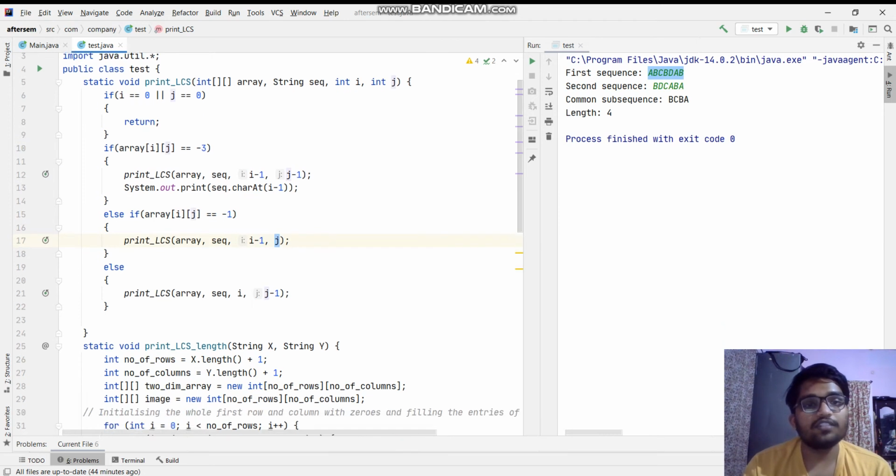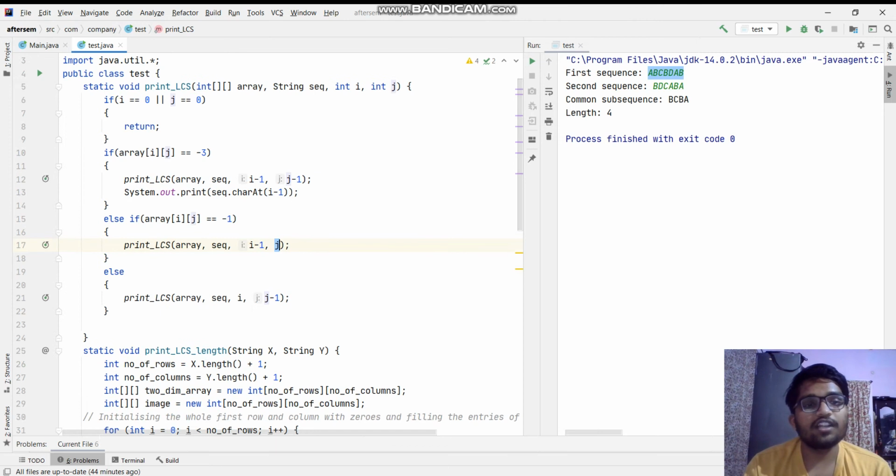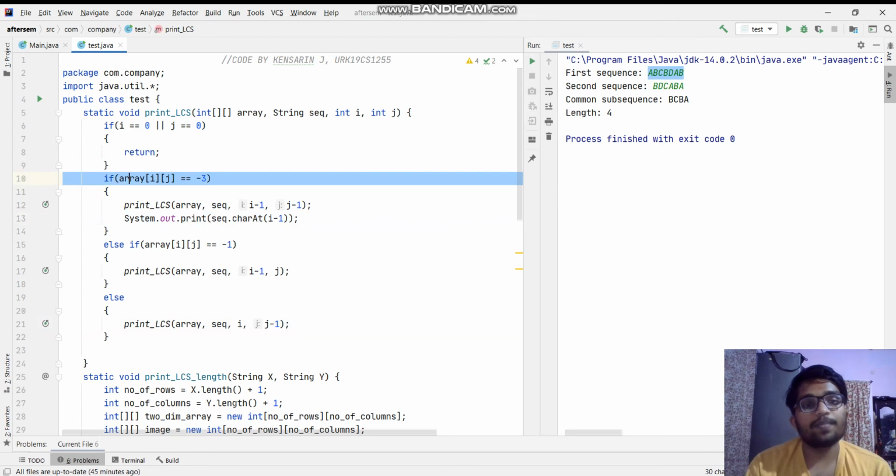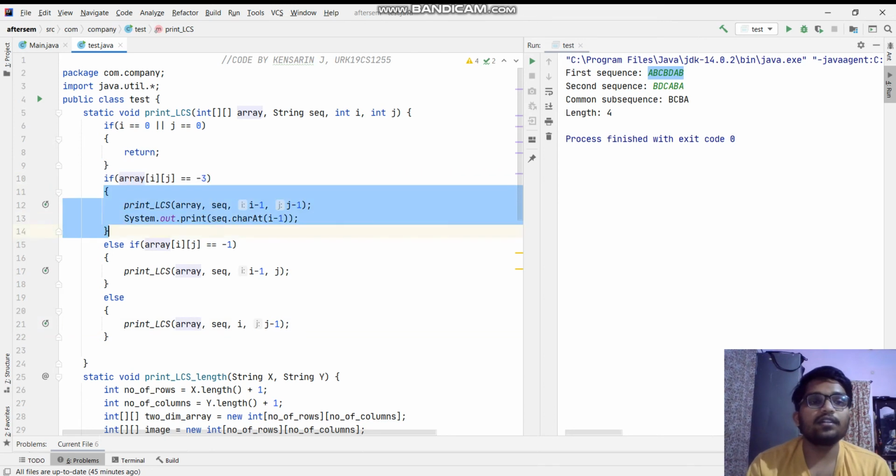Or else, if that is not true, then it should be pointing towards the left. That is the condition in this else part. If you have to jump towards the left, you stay in the same row, but use j-1. That means shifting the column one step left. That is the reason I have given the inputs i and j-1 in this third condition. During this recursion, it will print the characters at the intersection of the row and column where we have a diagonal. So this is the condition for diagonals, and we'll be printing those particular characters as well.